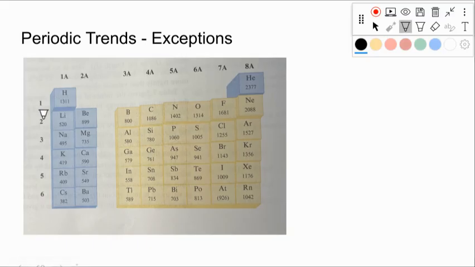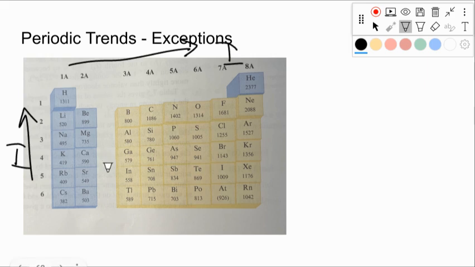So the trend for ionization energy is increase up and increase across. And if I look, for the most part, that's true. Increase up, increase up, increase up, increase across, increase across. But then some weird stuff happens, especially over here. So this one doesn't even show us the D block. The D block has a lot more that do weird things. But you'll notice that in these two columns,